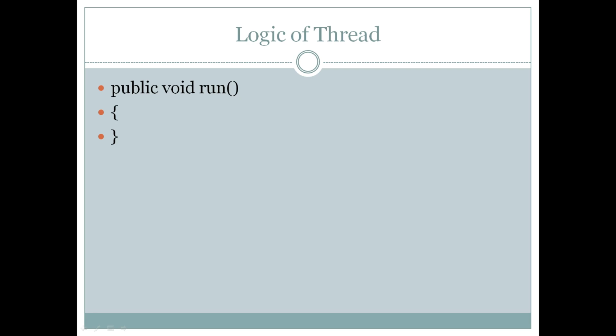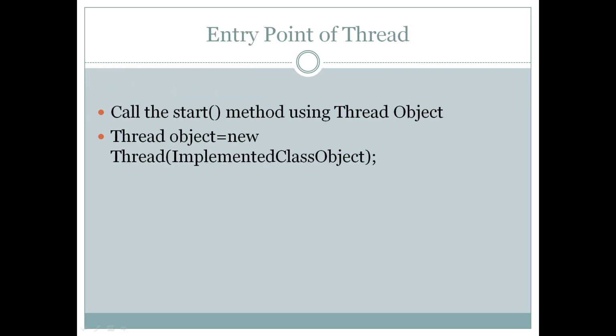The logic of the thread will be written in the run method only. What is the entry point? We need to call the start method, but there is no start method in the Runnable interface. Even the start method is not there. So to call the